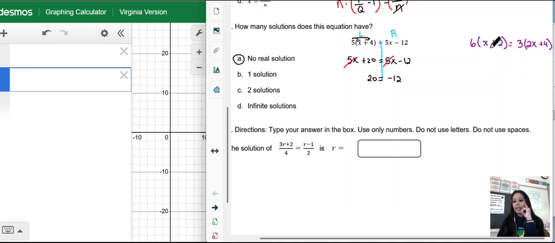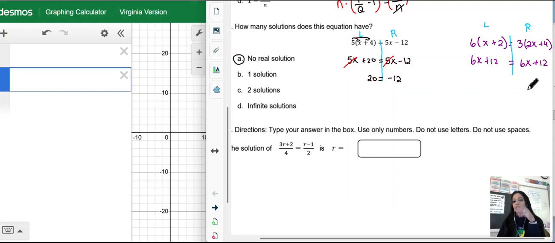Here, I'll go ahead and simplify both sides of the equal sign. So remember, an equal sign has a left side and a right side. And the best way to do these type of problems is to simplify the left side and then simplify the right side. So when I'm simplifying the left side, I distribute, so 6 times x is 6x, 6 times 2 is 12, equals 3 times 2x is 6x, and then 3 times 4 is